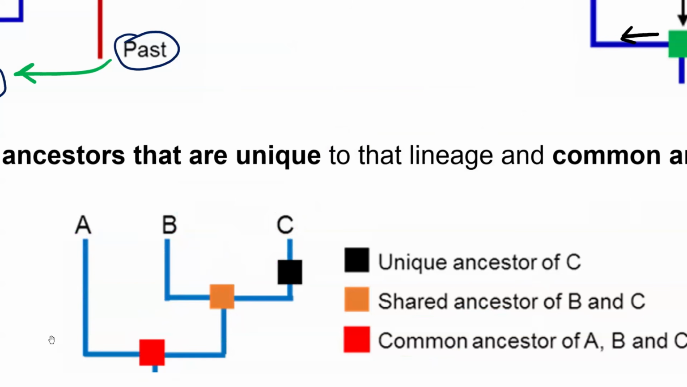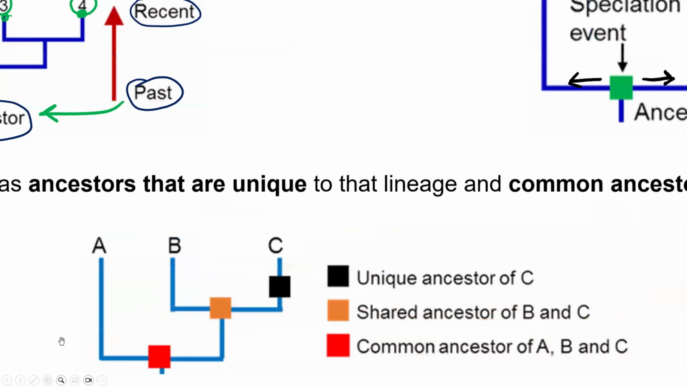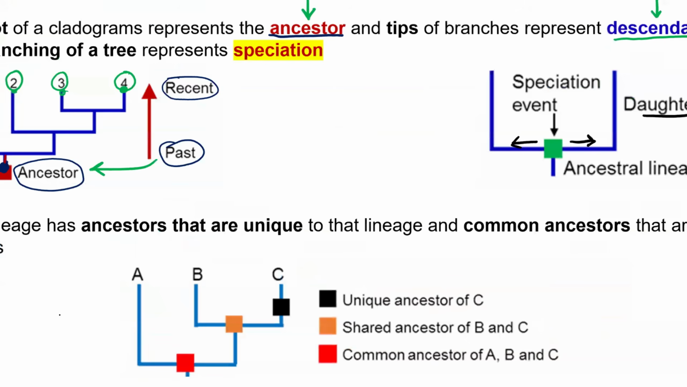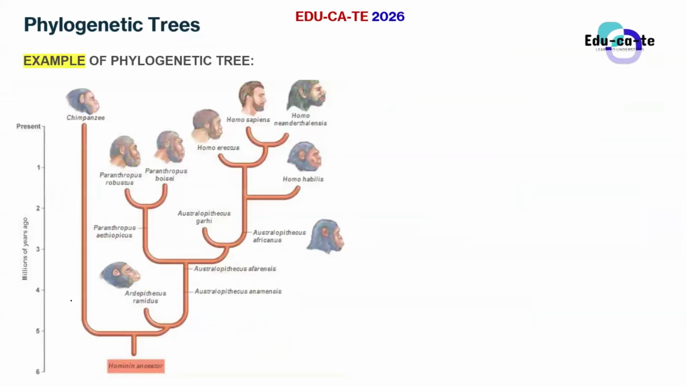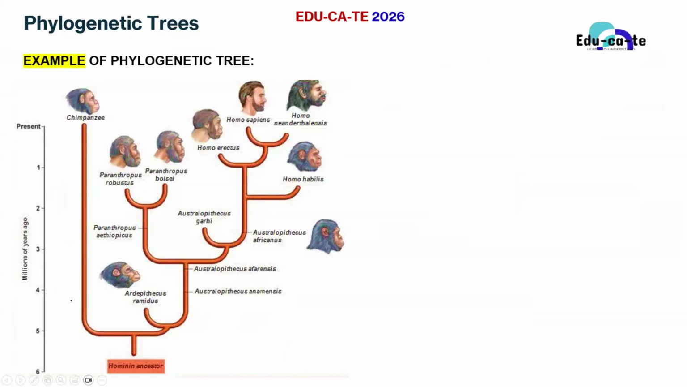So yeah, that's how you interpret a phylogenetic tree, guys. I spent a lot of time on this because I didn't want you guys to have problems when it comes to interpreting phylogenetic trees. It's very important to know how to interpret them, because they play a crucial role in analyzing how evolution happened among different species. So we're going to use a typical textbook example of trying to